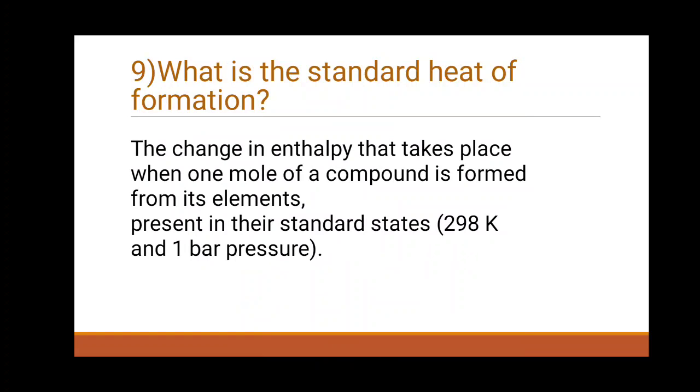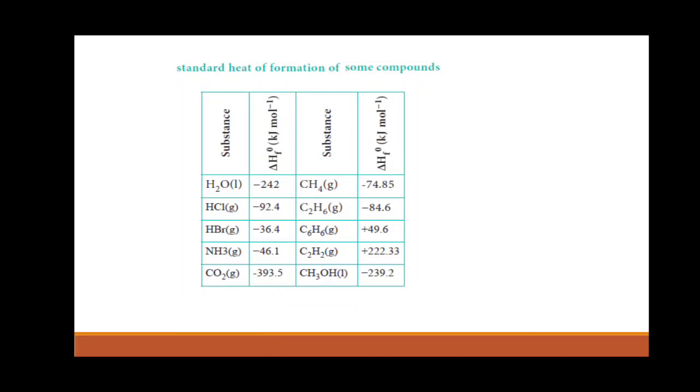Now the change in enthalpy of formation. For example, 1 mole of substance gives the delta H formation value. For water in liquid state it gives minus 242, hydrochloric acid minus 92.4, then hydrobromic acid minus 36.4, then ammonia minus 46.1, then carbon dioxide minus 393.5, then methane minus 74.85, then ethane minus 84.6,